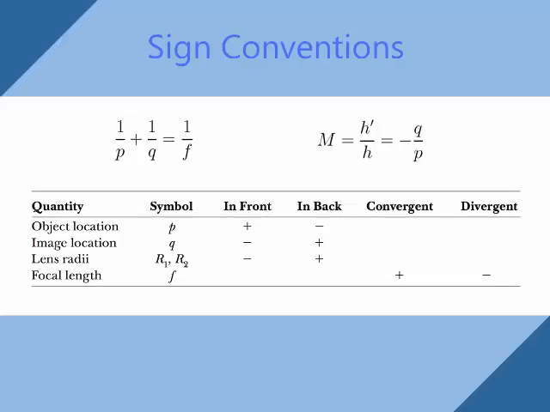Just like with mirrors, we have some sign conventions that we can follow to use these equations for both kinds of lenses. It is important to note that the object and image location are not the same in terms of signs. The object location is in front when P is positive, and the image location is in back when Q